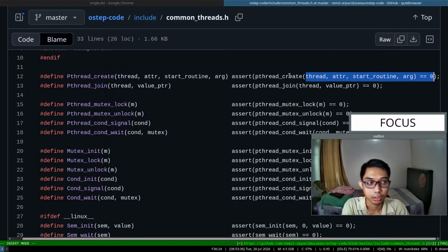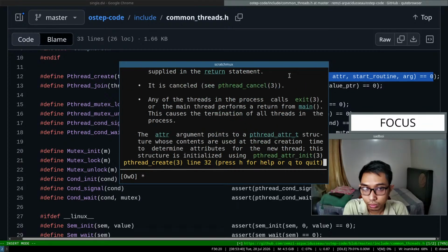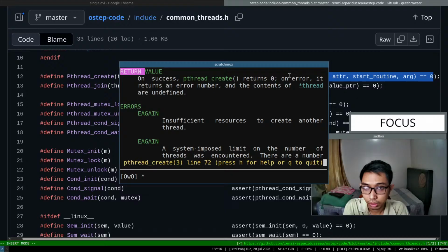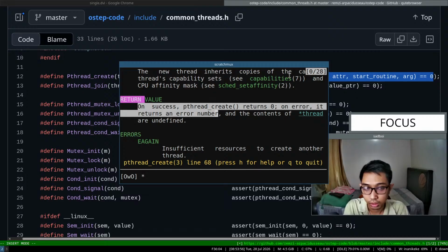Checking if the result is 0. Return value. On success, pthread create returns 0. On error, it returns an error number, and the contents of the pthread are undefined. Okay, so